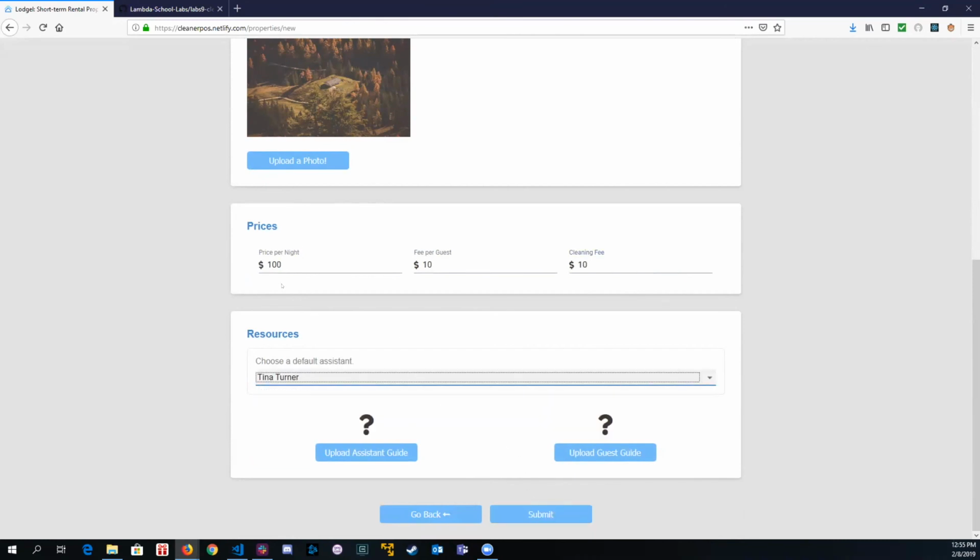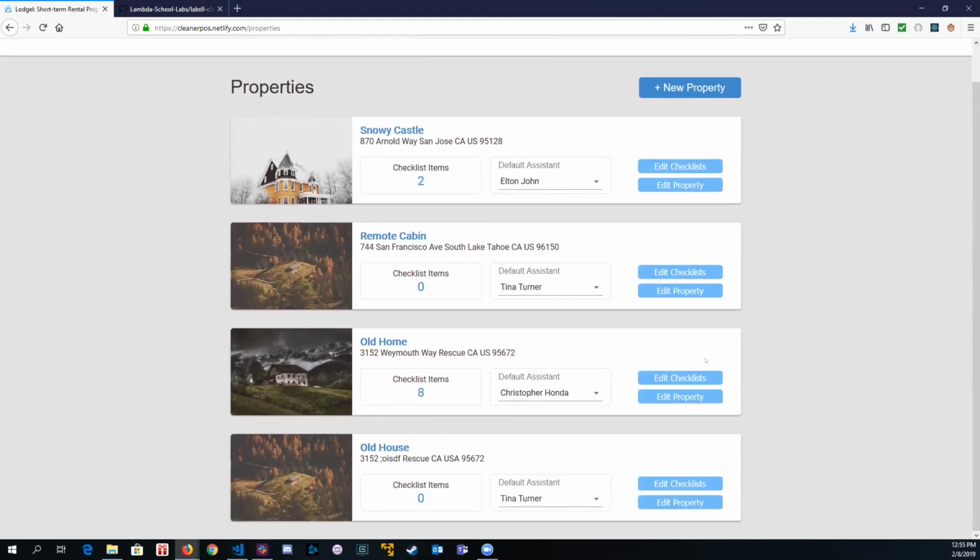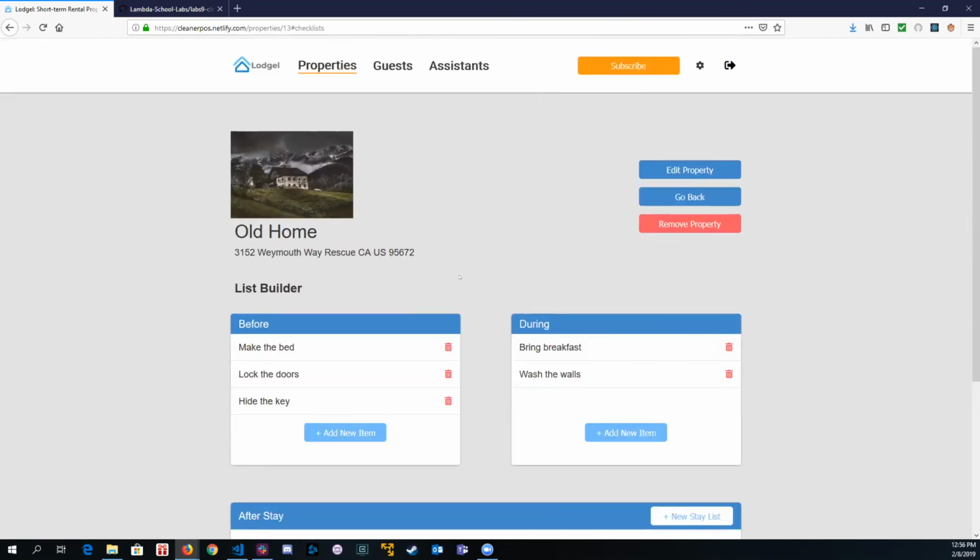Stripe. And the nice thing about this application is you can have different assistants that normally by default will take care of a property. So I got Tina Turner here. She lives in the area, and we know that she's a really good cleaner, and she's always on top of her stuff. So I'm going to assign her to take care of the property. Fantastic, they're back. And one of the star points of this application is that certain things have to happen during